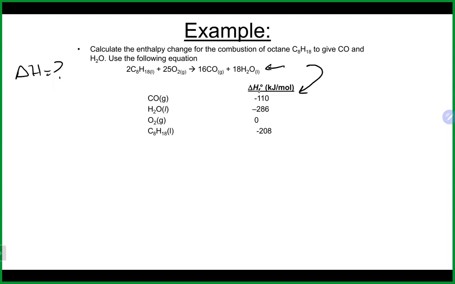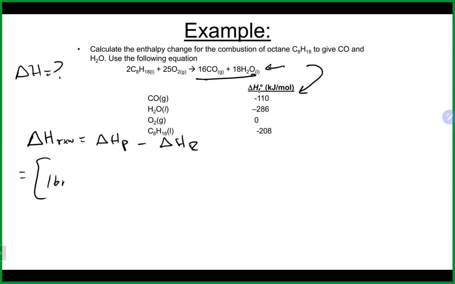Once again, we want to calculate the delta H of the reaction by taking our delta H of all of our products minus the delta H of all of our reactants. So remember, product side's over here. We do also need to take the coefficients into account. So for CO, we have 16. So our delta H there would be 16 moles times the value of CO from the table, which is minus